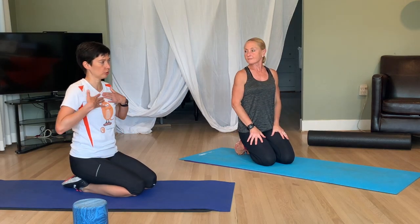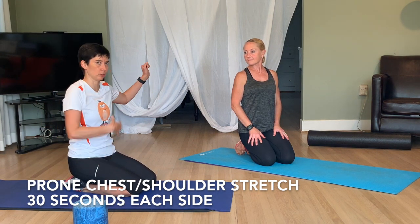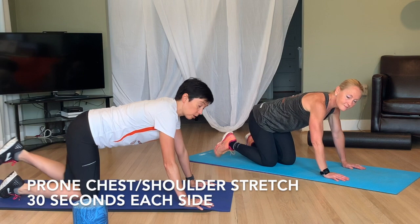On stretching through your chest and your shoulders. We have some where you're standing and doing this one, but we like this one because it really drives it directly into that spot. So you may feel it a little intensely. So you have to be careful with this one that you're only going as far as comfortable for you and